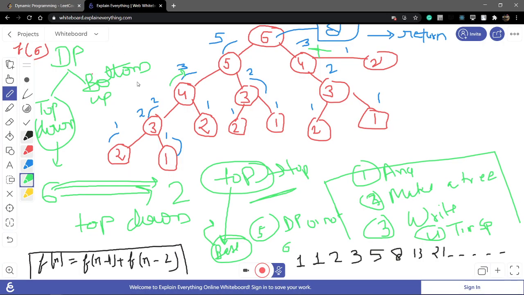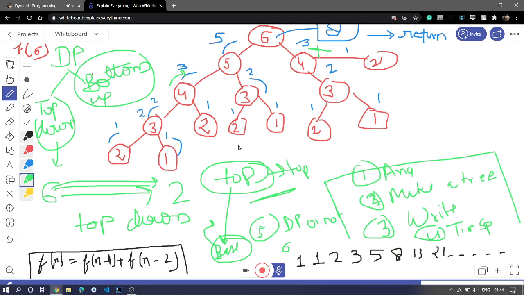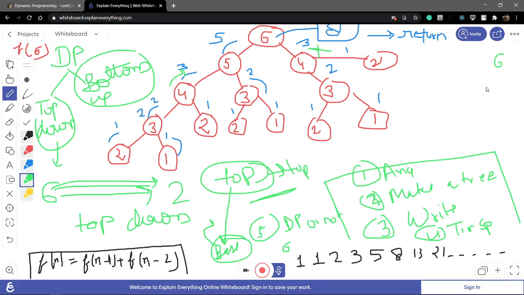Okay, now what is the bottom up approach? We have to find the sixth element. So I do not move to the six; I directly come from the start and stop at the six, because I start the computation from the first element and stop at the sixth position. I directly find from the bottom and reach the top value they have asked.